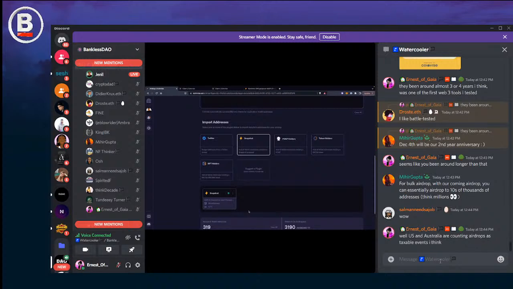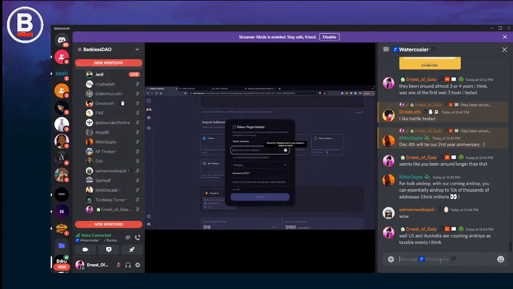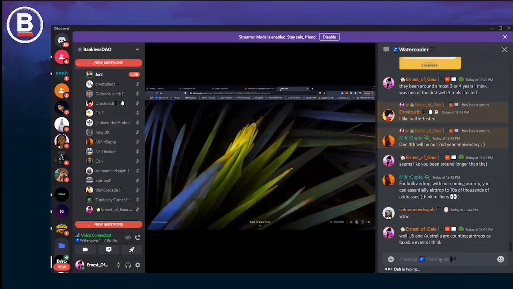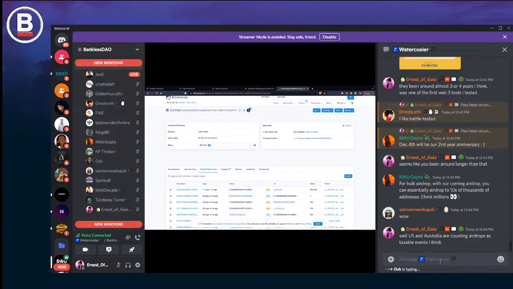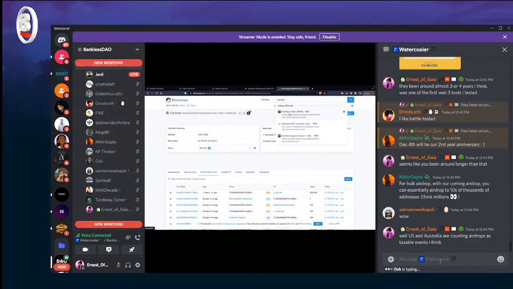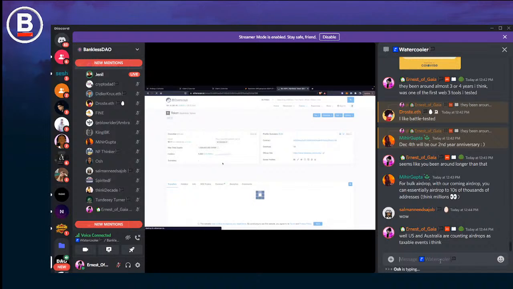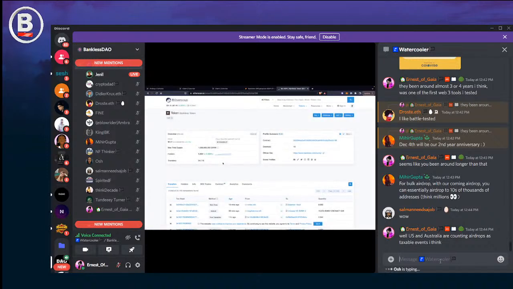So you can do this with Snapshot. You can do this for, again, token holders. So if you want to create somewhat of a vampire attack, you can paste in the address of just BANK tokens or bankless DAO from Etherscan. So let's see. And it'll automatically fetch all the people that are holders of BANK token, which is 5862.